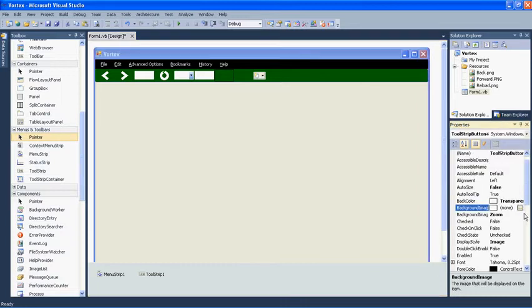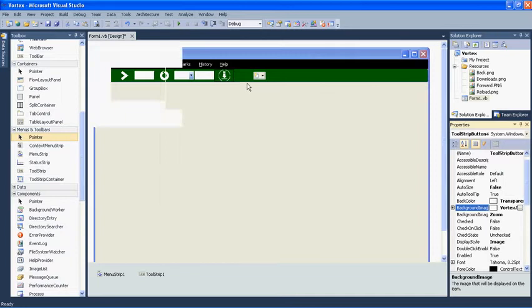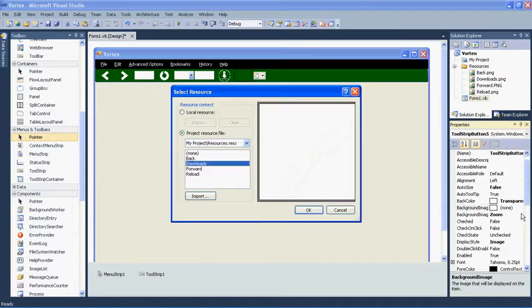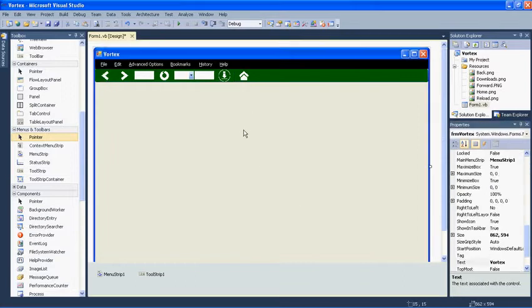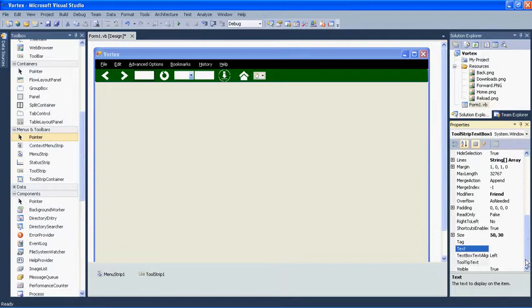One image for downloads. And one last image for the home. Okay, so now I will make the size of our text box bigger, so something like 500, because this is